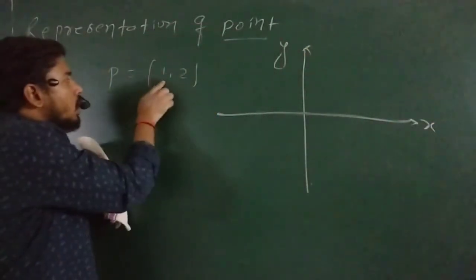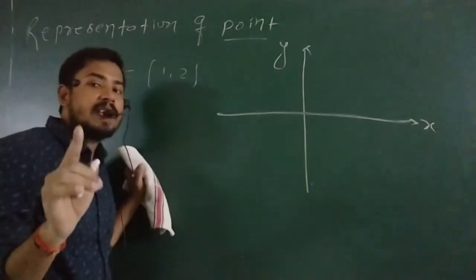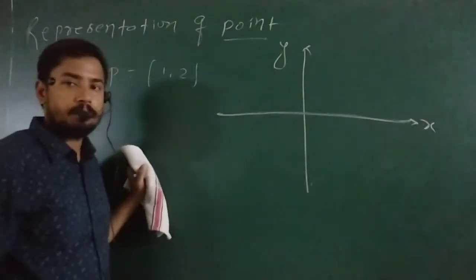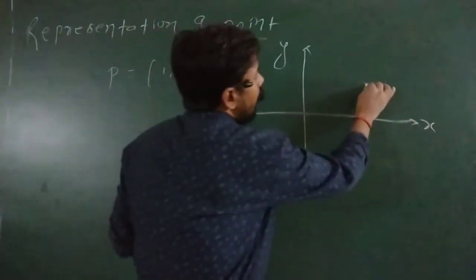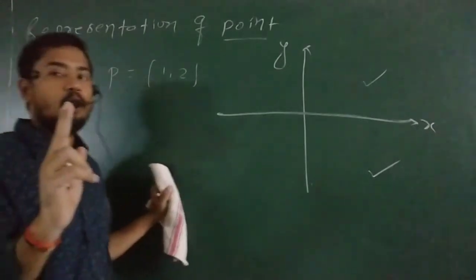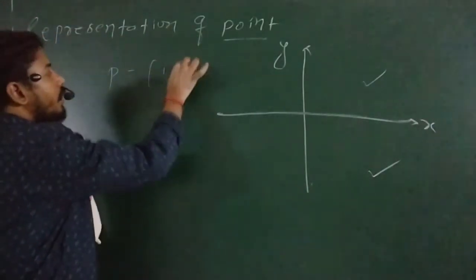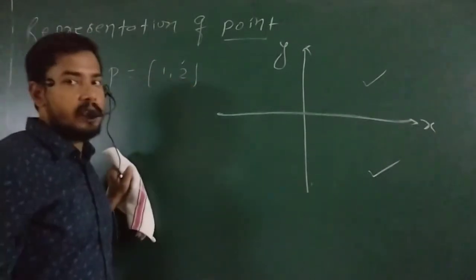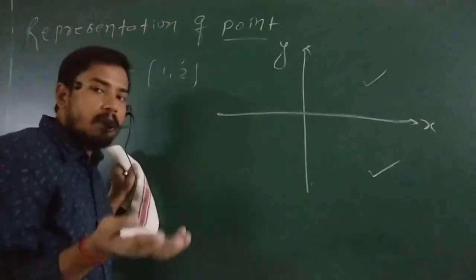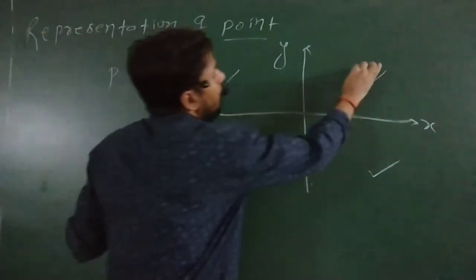Now see, is the x coordinate positive or negative? Positive. So we know that x must be right of the origin. So x may be here and x may be here. Done buddy? We have two possibilities for x. Now this is the y coordinate. Is the y coordinate positive or negative? Positive. So we know that y must be above the origin. It means y may be here and here.